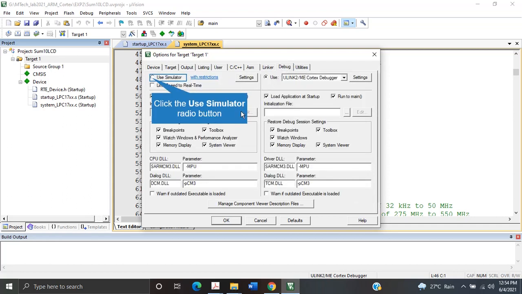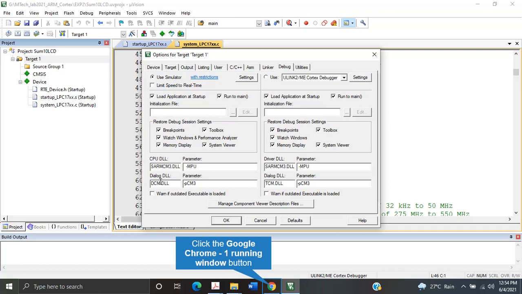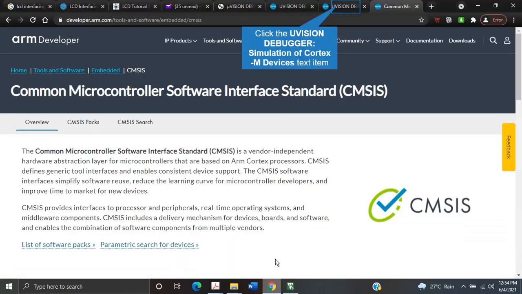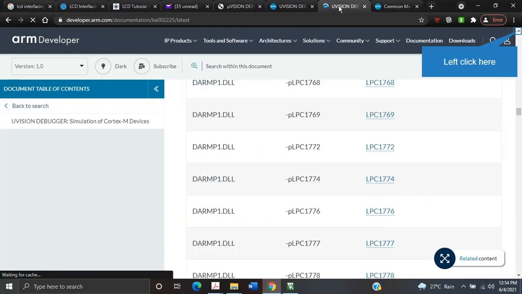So we have chosen an LPC 2148 code. Whenever you compile, it compiles, you build, it builds, but whenever you want to execute or debug that particular stuff, it is not going to debug if you are not choosing a simulator, and these files have to be changed. Whenever it is saying processor architecture is CM3, Cortex M3, but your specific architecture is LPC 2148, for that they are mentioning the DLL files, and that I have taken from the net again.